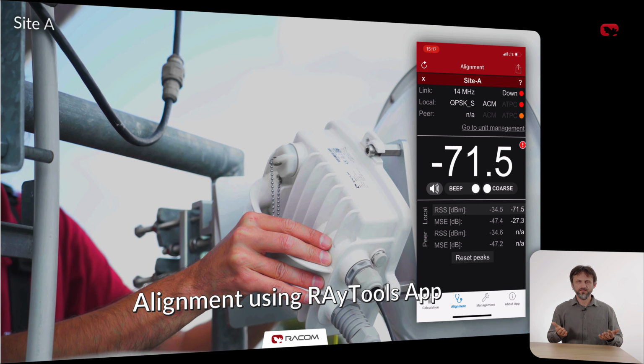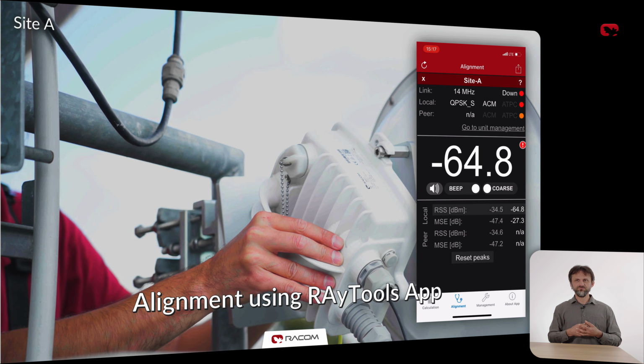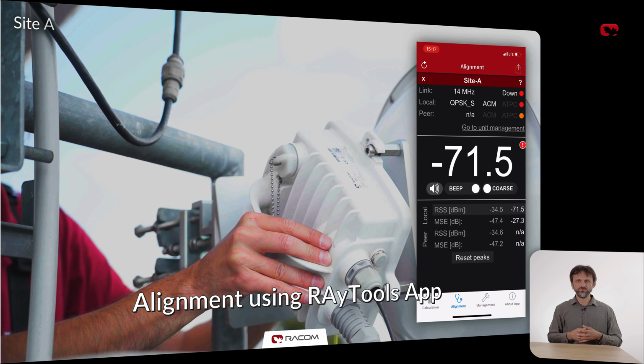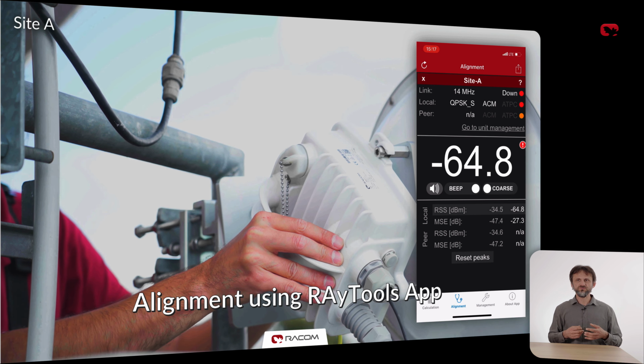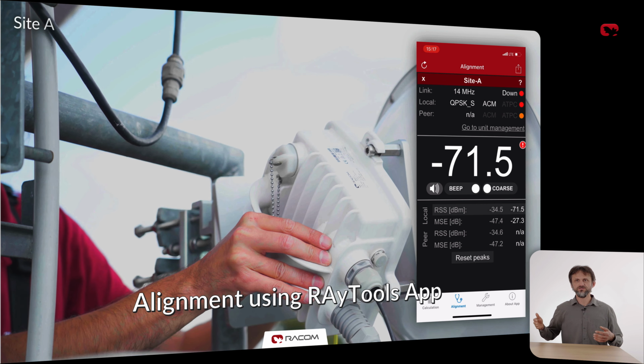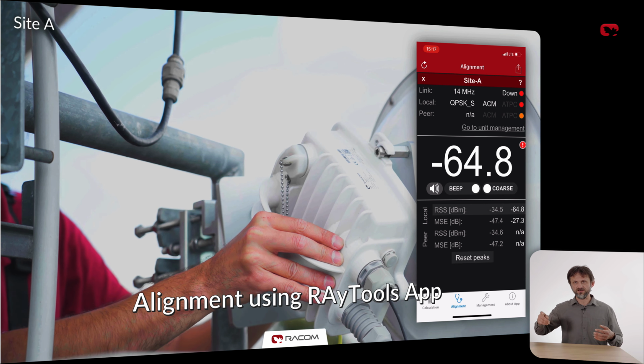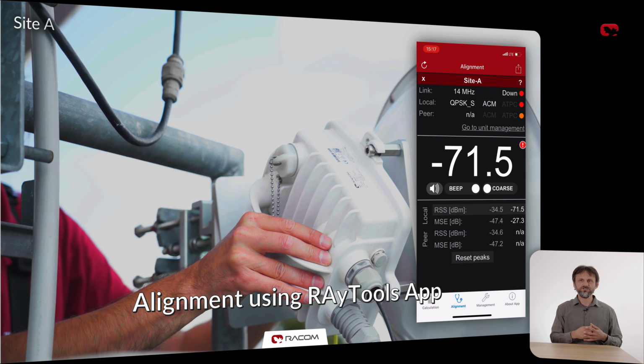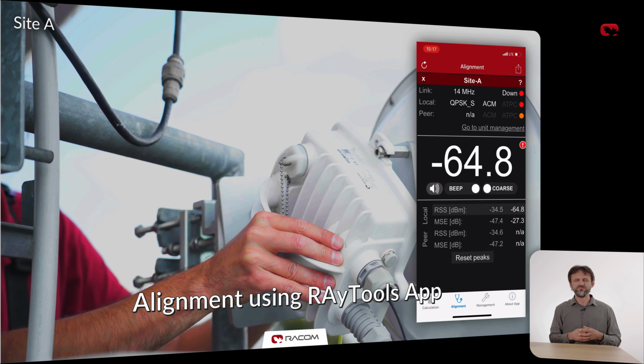Aligning the antenna just with your phone is another way to simplify your life. Our Ray Tools app provides both visual and audio output. It also shows peaks to help you align to the main lobe and not the side one. And traditional voltmeter-aided alignment is also supported. And the link is ready for long and reliable operation.